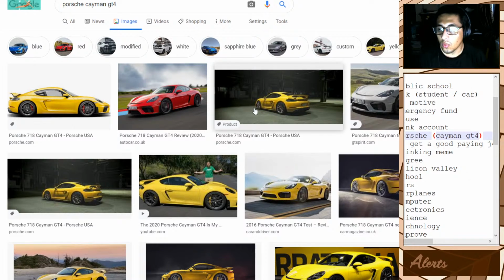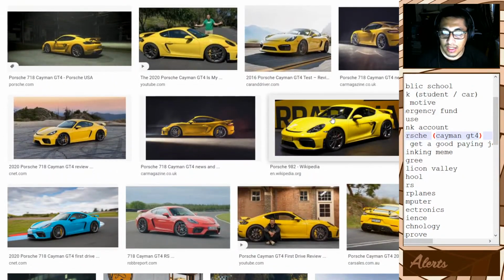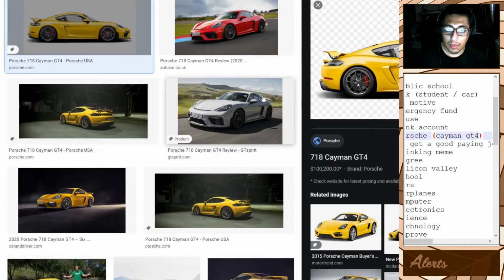I'm gonna look for one that has an angle, so we could do something like this, but because of our flat, almost like paper cutout style, we'd want something like this actually, and this is the perfect size, 1920 by 1080. Paste it. Okay, pretty good.